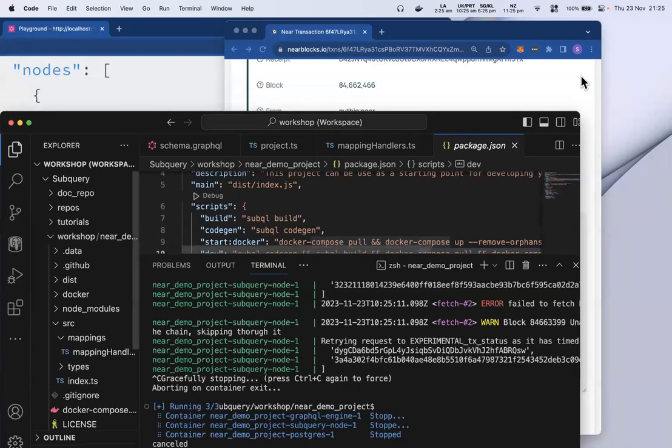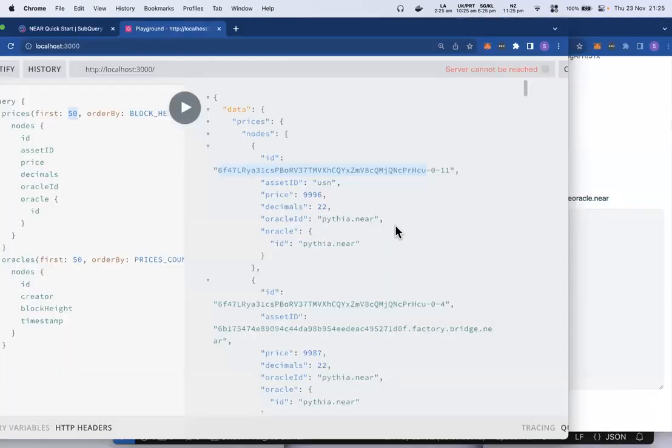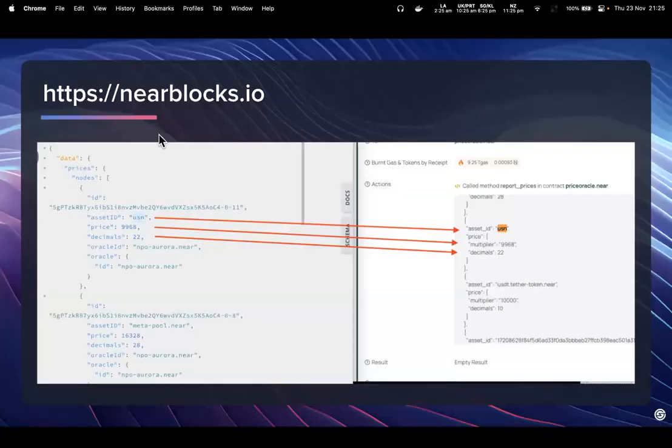Going back to the slides here. Just a screenshot of what we saw before. The data matches what we saw on the Block Explorer, which is good to see. And again, this is a kind of project where it's supposed to help you get started to create your own project very quickly.